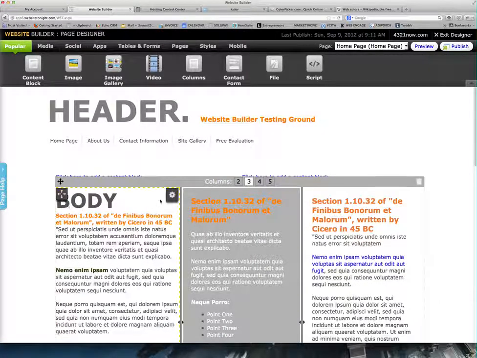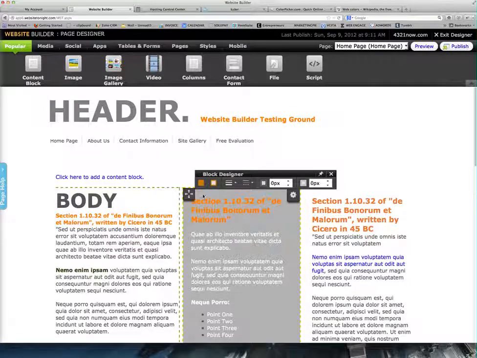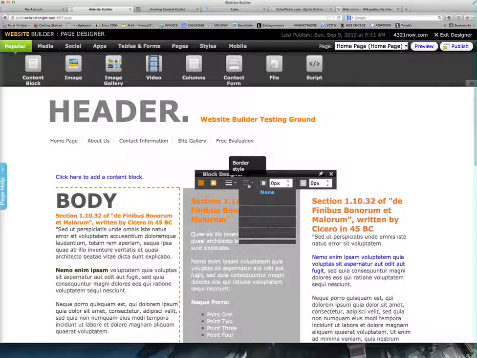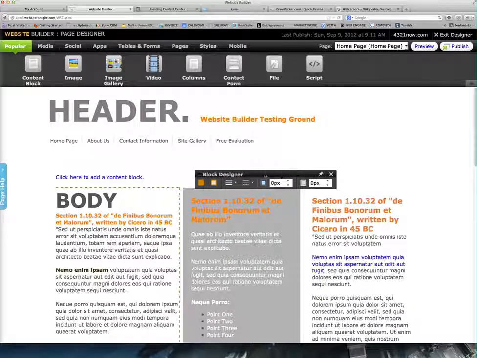Part of what we can do also within that column is there's the block designer. The block designer allows you to change the background like I have for here. You can do an outline, so you can highlight text and have an outline. A lot of times if you wanted to have a coupon or something like that, you could use the outline tool with a dotted line to create kind of a coupon effect. And it gives you different lines of thickness for that border, and the cell padding over